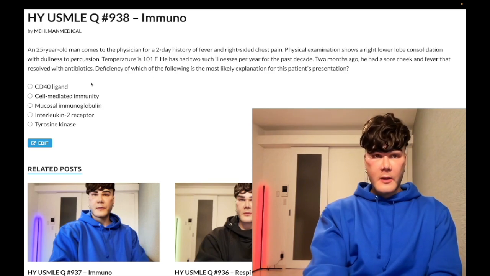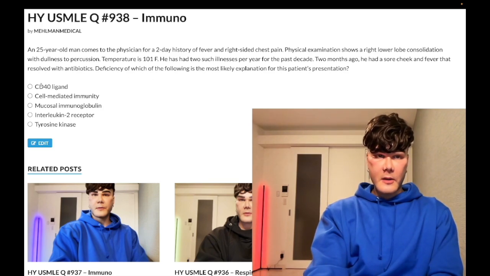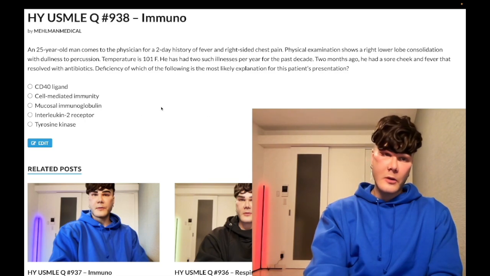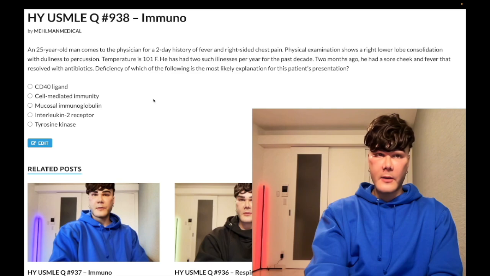Should I say CD40 ligand? Wrong answer. This would be for hyper IgM syndrome, which they'll make very easy on USMLE. They'll give you a big paragraph of some miscellaneous immunodeficiency. They'll say IgM is super high, all of the other immunoglobulins are super low. You're like, well, obviously it's hyper IgM syndrome, and the answer will just be deficiency of CD40 ligand or